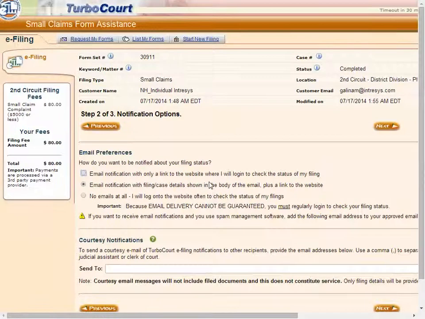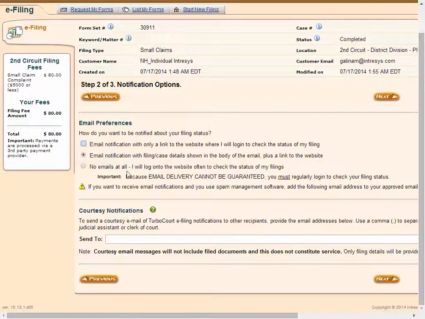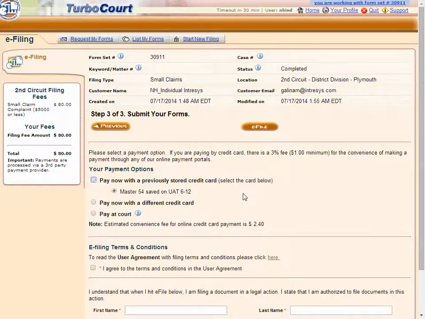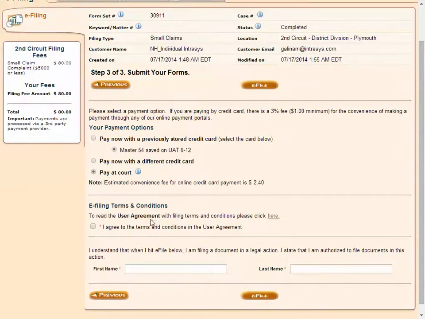Clicking Next, you can relook at your notification options that you selected during registration. You can also indicate email addresses of colleagues, coworkers, whomever that you also want to receive courtesy notifications, and these are notifications of the status of the filing as the court processes it. Otherwise, you can leave that blank. And finally, indicate your payment options. If you have already filed with TurboCourt and you previously stored a credit card with them, you can just simply select that. You can pay with a new credit card or pay at the court. Read the user agreement and agree to it, and provide your name for electronic filing,